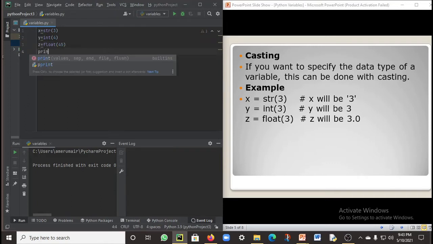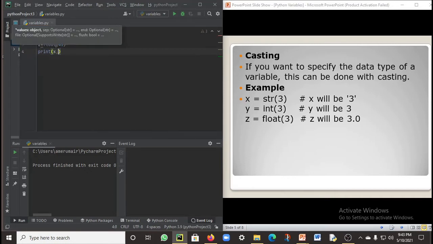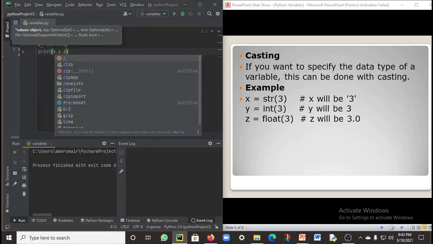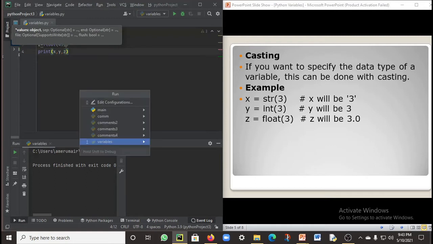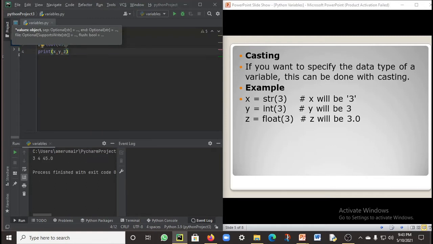So print x, y and z. See, as you can see, I have written print x comma y comma z. I'll teach you about printing statements later, how they can be used and what the types are in that.